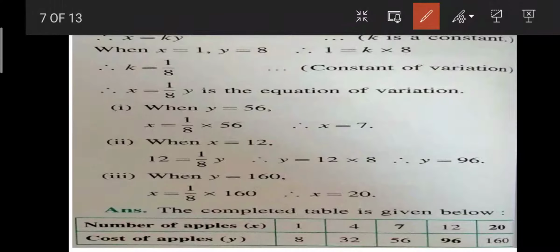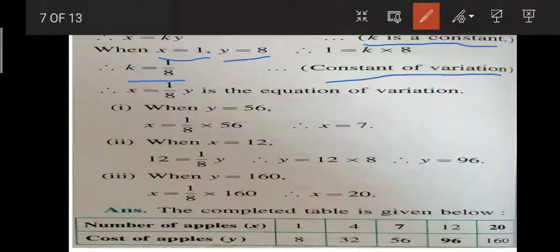Okay, the first chapter we have done. Now we are doing the second chapter. What is it? X is equal to KY. जो हमारे यह what is K? K is our constant, एक constant number है. अगर X यहाँ पे 1 है और Y यहाँ पे 8 है तो K is what? 1/8. That we have seen, the constant of variation. अगर x, now what is x? x is equal to 1/8 y.